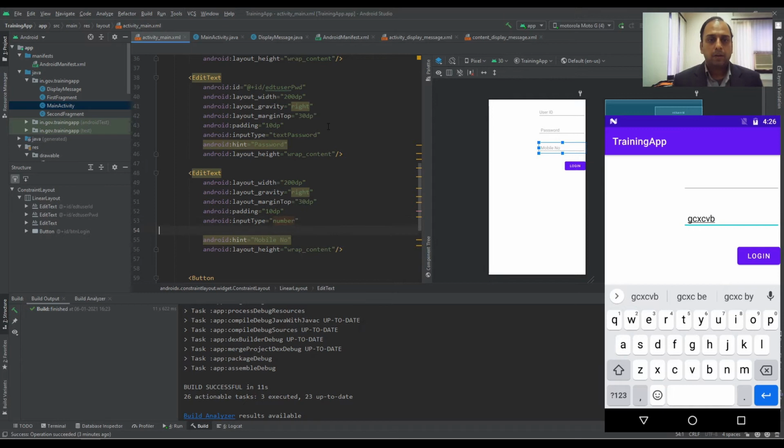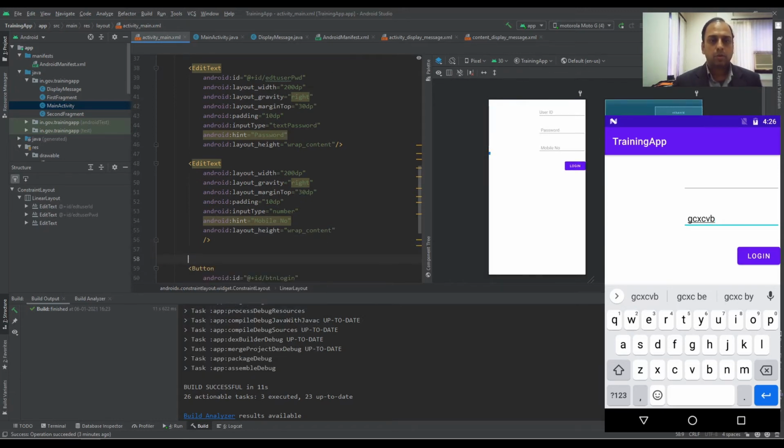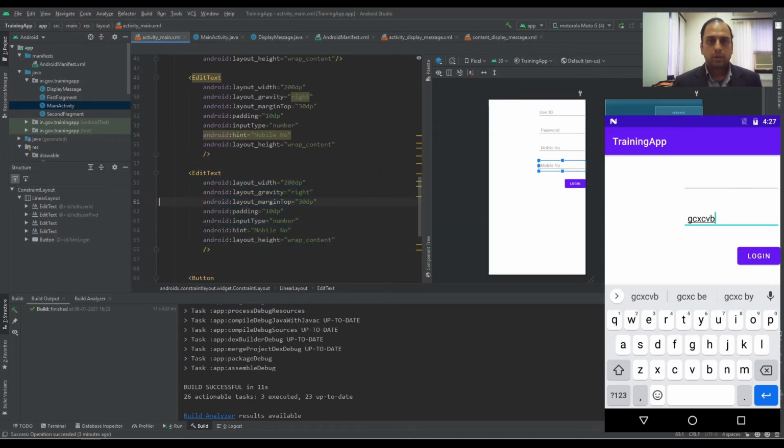Okay, and let us take one more edit text. Let me just copy it. In this, the behavior is even different.